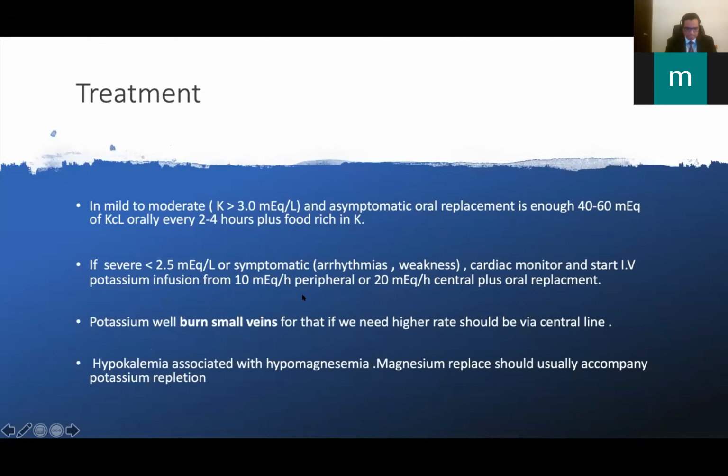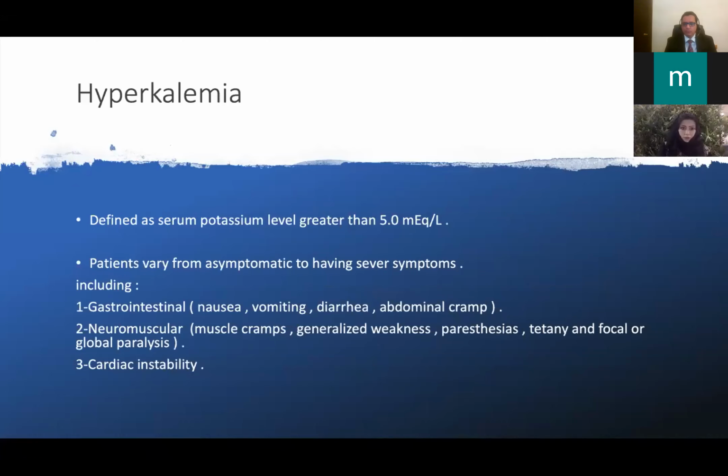This was basically about hypokalemia. Again, I'm focusing on the important parts and important aspects in emergency. I will not go into details. Lastly,